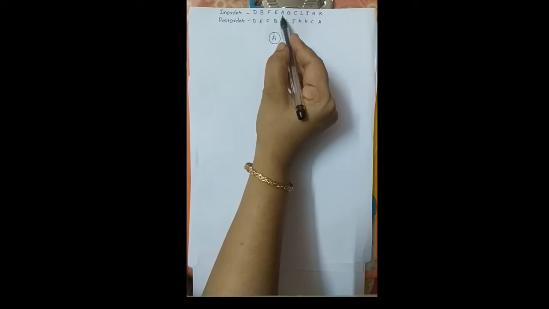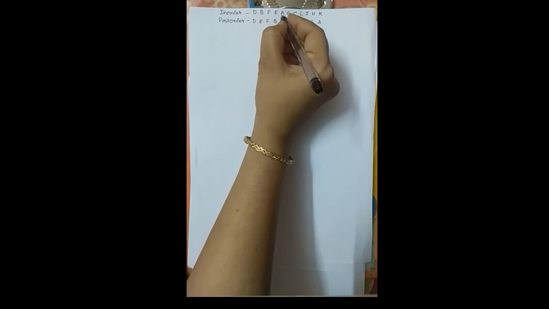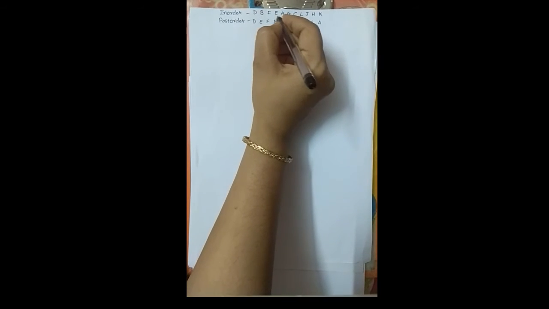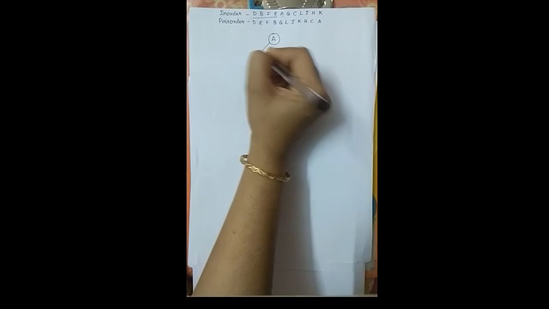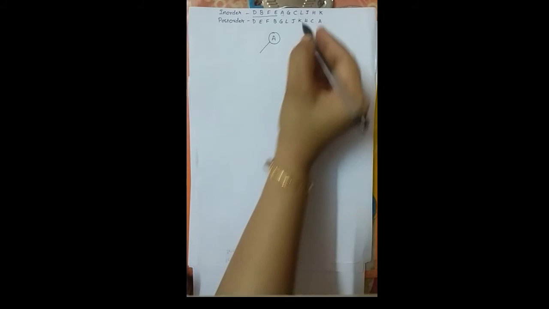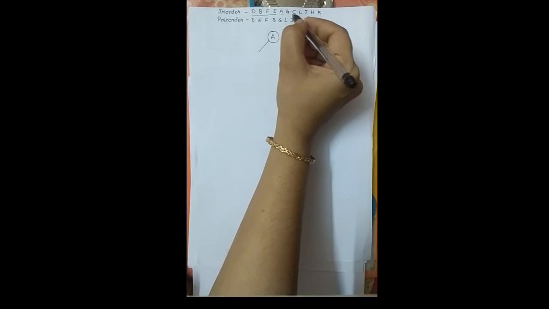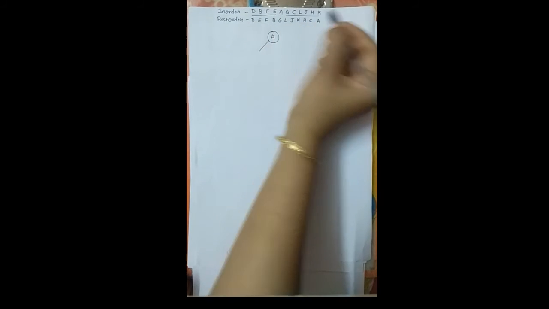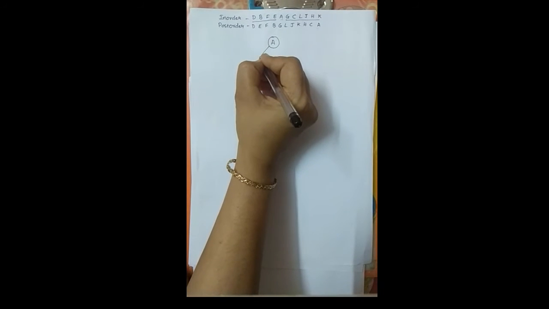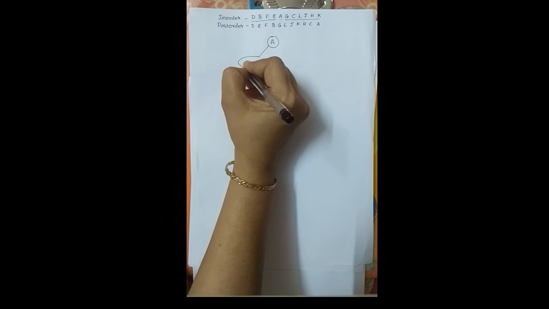Now find this character A inside the in order in order to get your left subtree and right subtree. So I can locate it over here. On the left of A, I have 4 values, indicating that there will be 4 values on the left subtree. Whereas on the right of A, I have 6 values, indicating that on the right we'll have 6 values. Let us make a node for that.